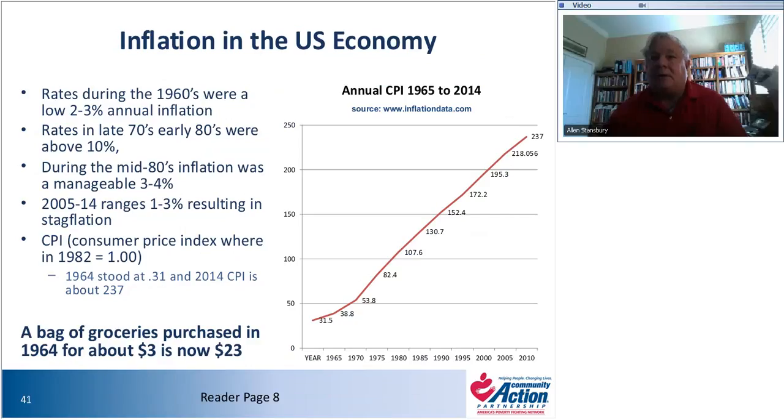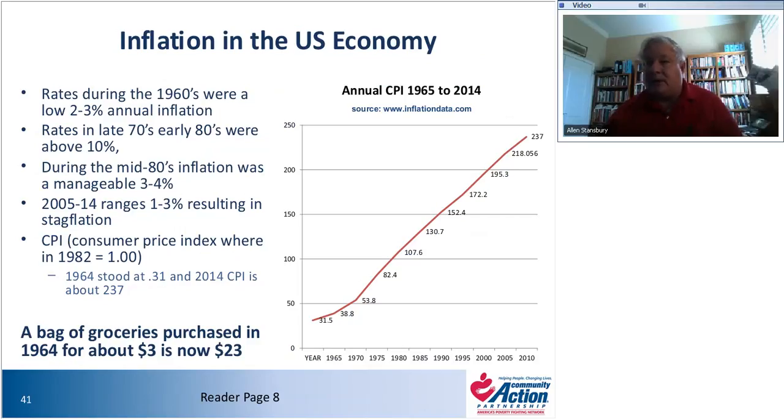Going on to the next page, we're going to switch topics here. We're going to talk about inflation here, which has an impact on the middle class and those in poverty, as our inflation has risen over the years. And this tracks it from 1965 or thereabouts to 2010, and today is